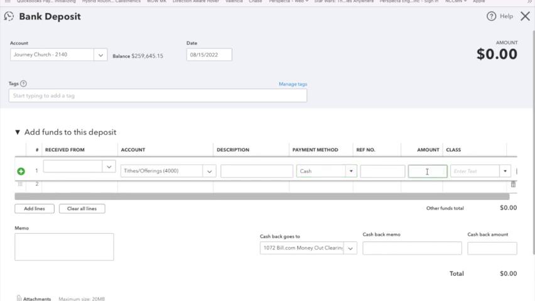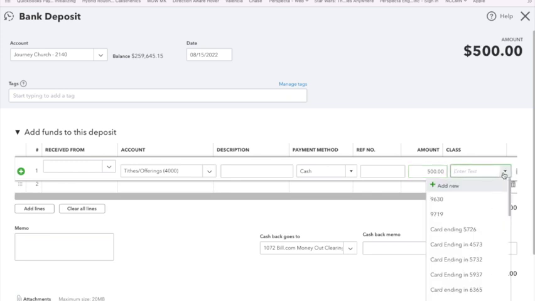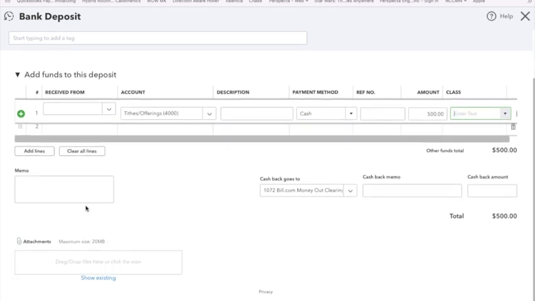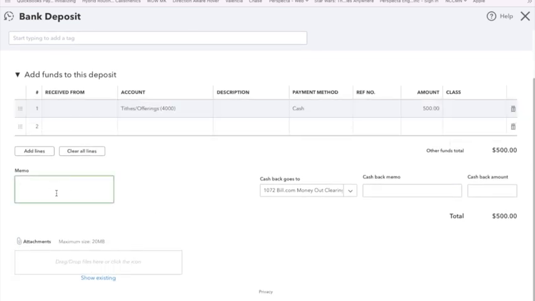And let's say, for argument's sake, $500. The class is something we'll be using soon to be able to categorize further the details of the transaction. The memo, we can basically say this is Sunday cash offering.